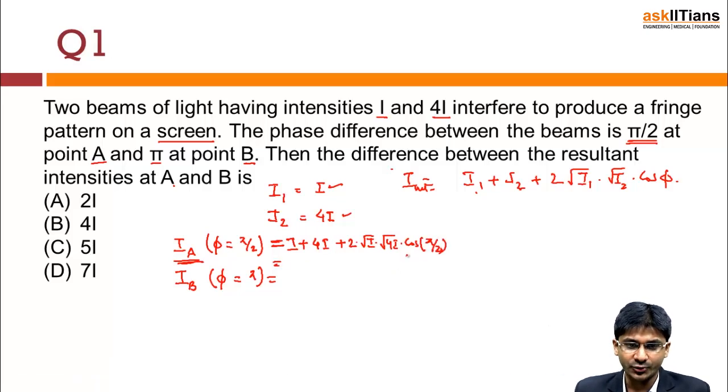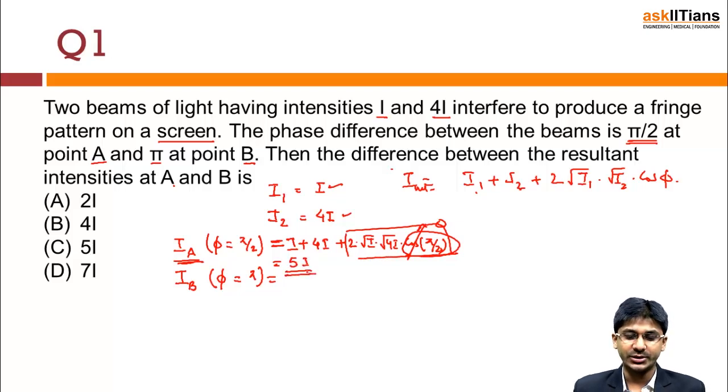Okay. Now if we solve this, you know that cos pi by 2 is 0. If this is 0, that means this whole term goes to 0. What you have is 5I. So this is IA, the intensity at A due to the two beams. Now we'll try to find out the intensity at B. This will be I plus 4I, using the same formula, plus 2